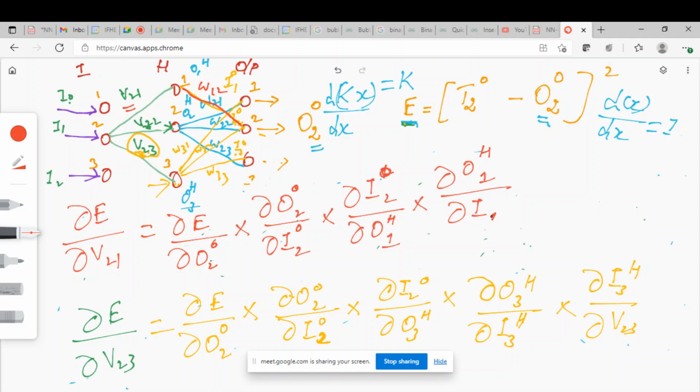Fine. Now let me take another sheet. I am going to add one more layer. Here there are only 3 layers. I will be adding 4 layers, so totally we will make a neural network with 4 layers with 2 hidden layers, H1 and H2. Here there are only 2 levels of weight; there will be 3 levels of weight. So for the third level of weight, I want you to identify this chain rule.